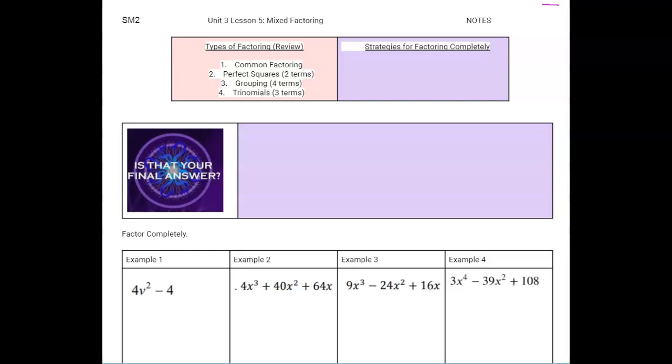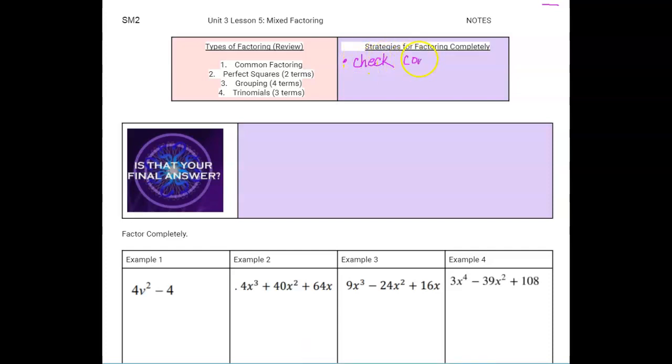Okay, the last section in Unit 3 is where we're going to mix them all together and do a couple of different factoring techniques on the same problem. So, just to review, there are 4 different types of factoring. We've got common factoring, perfect squares have 2 terms, grouping has 3 terms, trinomials will have 3 terms, which use that AC method. So, strategies for factoring completely: the first one is you always want to check